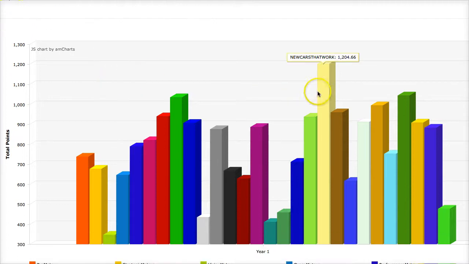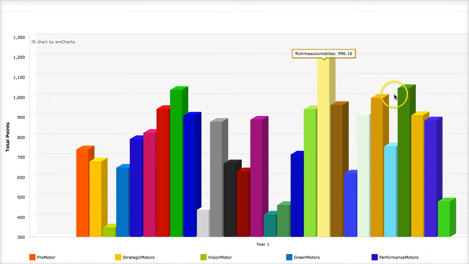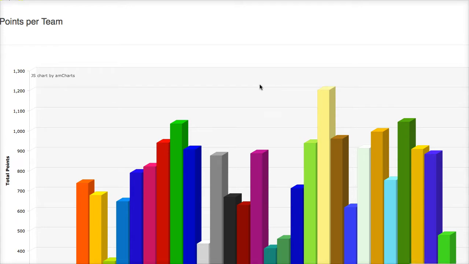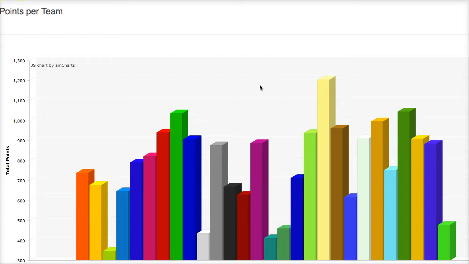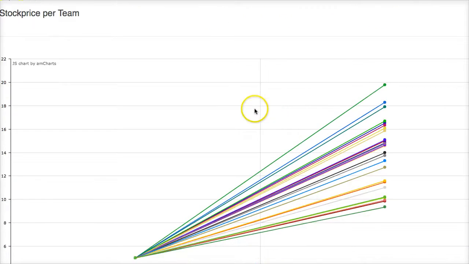If we look at points per team, again, New Cars at Work have the highest points per team, and generally the companies with the highest net profits, operational profits, and gross profits have the highest points. Not always, but usually. So everybody made points, which is great, but you want to be more like these top teams that are over 1,000 points for the round. And you'll never be able to get 1,000 points a round again. That's only really round one you can do that. And remember, you're trying to get an average of 2,500 points. So if you score 300, 400 points, you're doing good in most rounds. Except round one. Round one, you should be able to score pretty high.